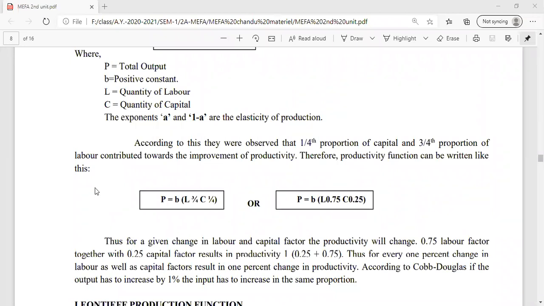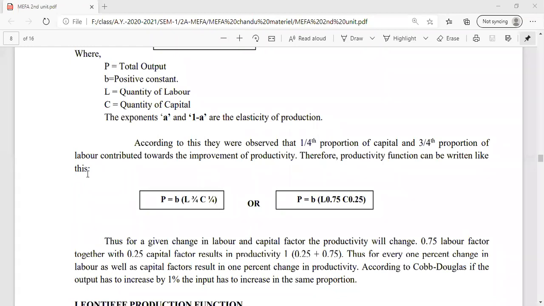Okay, I further doubled my capital. Now I am using 80,000 rupees as capital, and I am once again doubling my labor. Previously my labor is 12. Now I am making it 24. That means I am once again increasing by 100%. I am increasing the inputs by 100%, but now my production of paddy is only 360.